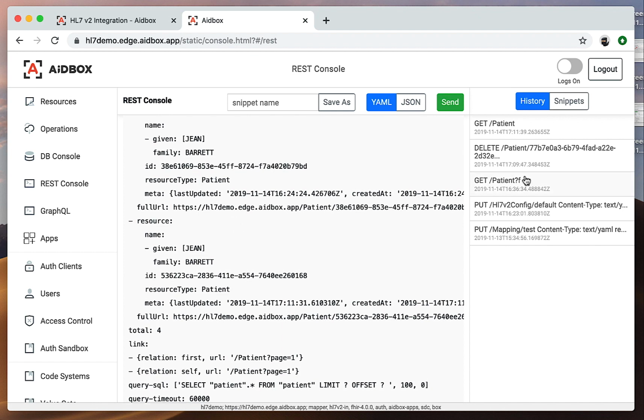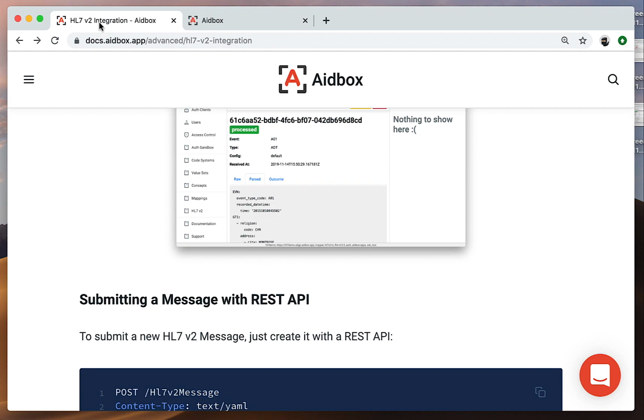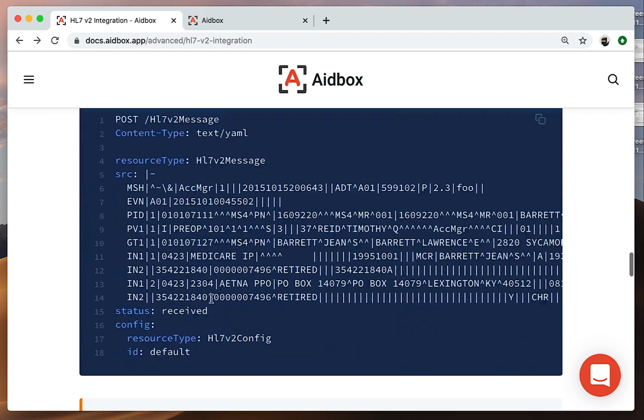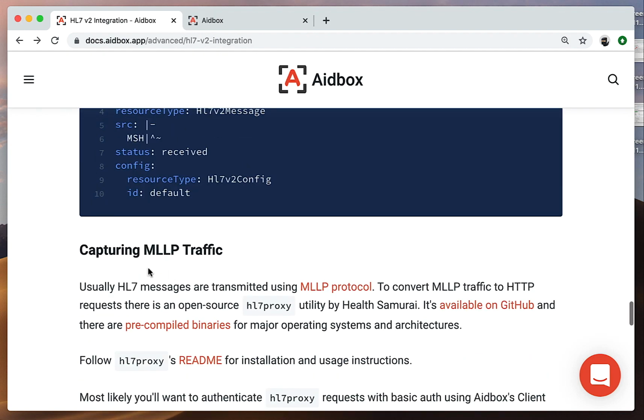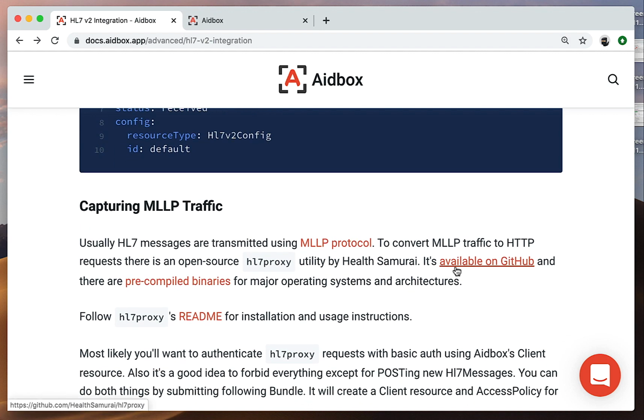MLLP is a very basic TCP/IP protocol, but it's not compatible with HTTP. So to get HL7v2 messages in a real-world installation, you need to somehow convert MLLP traffic to HTTP. And HL7 provides a utility for this purpose. Go back to the HL7v2 documentation page and find a section named Capturing MLLP Traffic. And there is a link to the GitHub repo